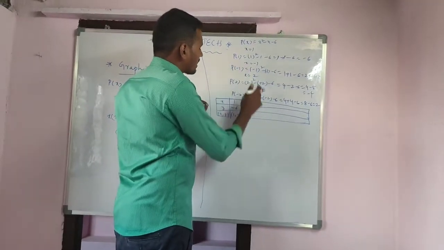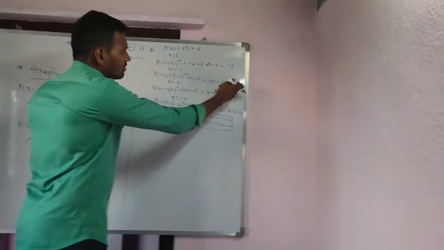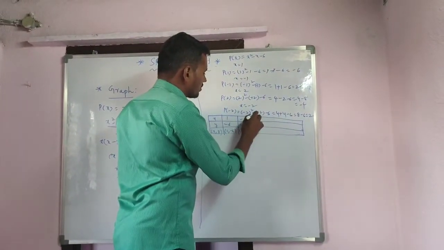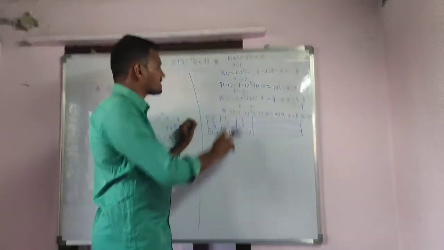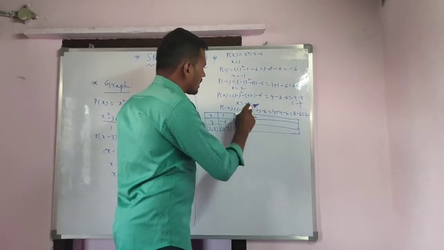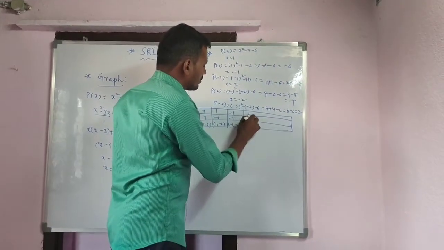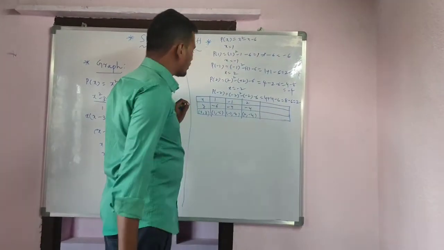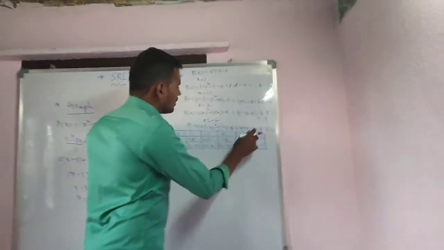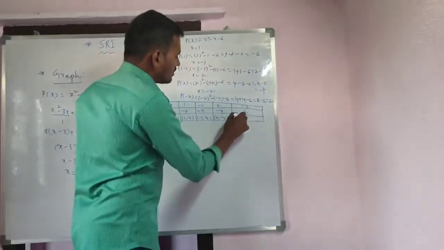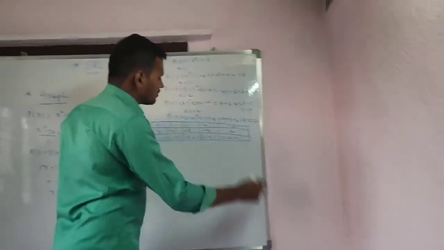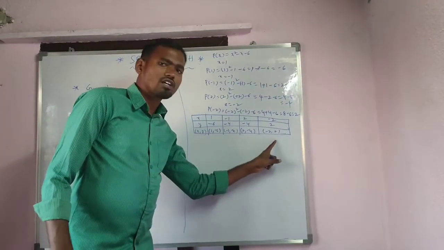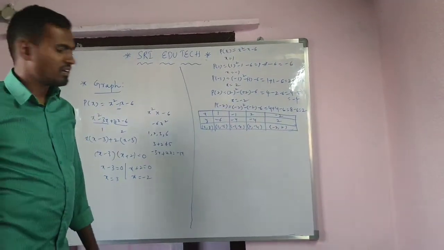Next, I take x equal to minus 1 and I got minus 4, then minus 1 comma minus 4. Next, I take 2 and I got minus 4, then add 2 comma minus 4. After that, I take minus 2, then I got plus 2, that is minus 2 comma 2. So from these values, we have to locate the points on the graph.